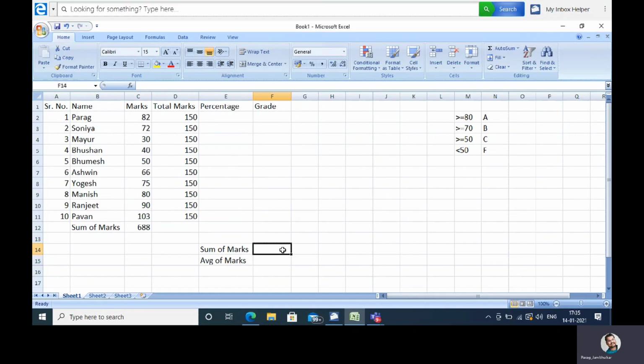So okay, we don't want that. We want sum of everything. So I have taken the Sum function and I'm selecting all these numbers. So I got sum of all these values up to this 10 here.